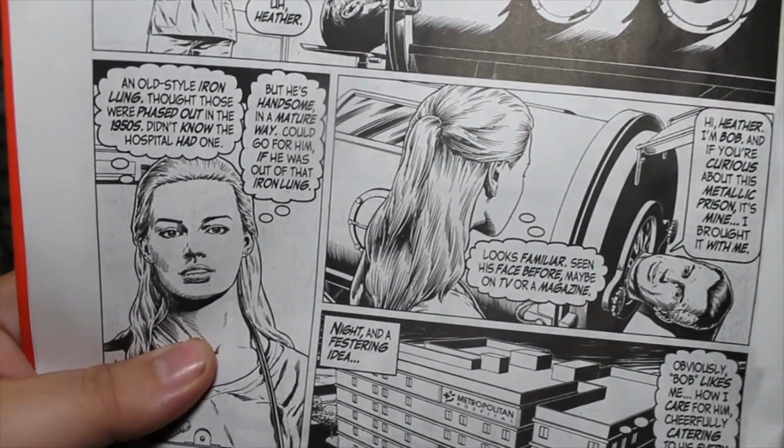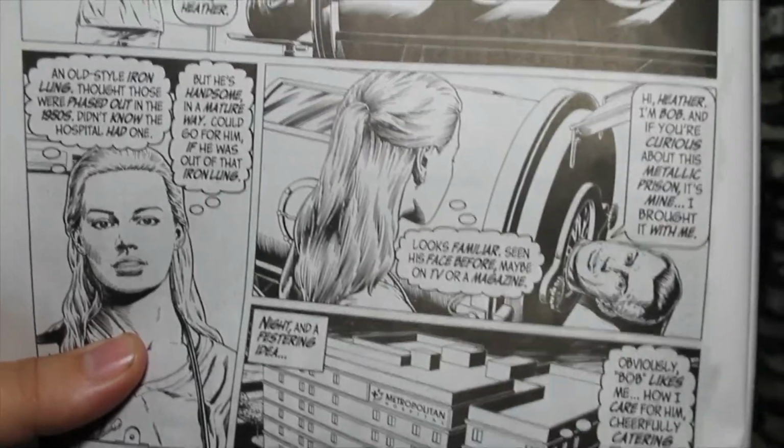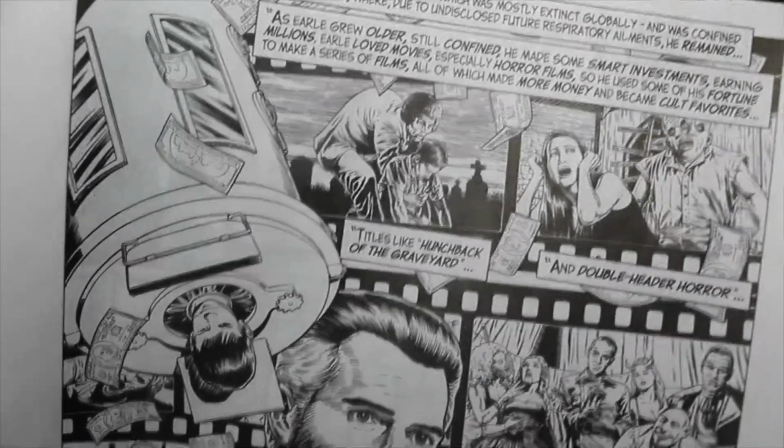And she goes, okay, the hospital doesn't normally go for things like this, which means that this guy must be incredibly rich if he can manipulate the hospital like that. And she goes in, and there's this guy in an old school iron lung. And she goes, okay, this is weird, so she secretly takes a picture of him and looks him up later on the internet and finds that he had polio, and then there was a very rare and special complication, and